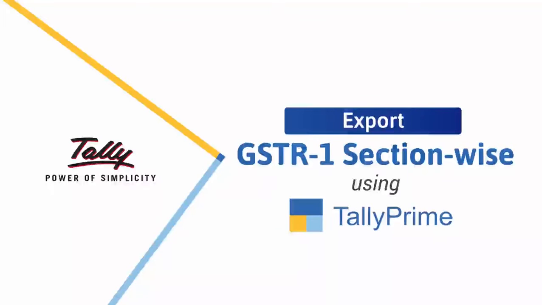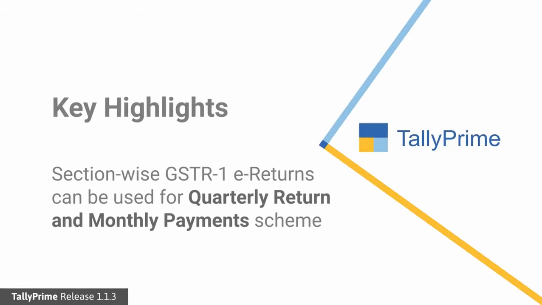In this video, we will look at the process to export different sections in GSTR1 to separate JSON files using Tally Prime. This gives you an opportunity to file GSTR1 e-returns section-wise. This small configuration in GSTR1 e-returns in Tally Prime can be used by dealers who have chosen quarterly return and